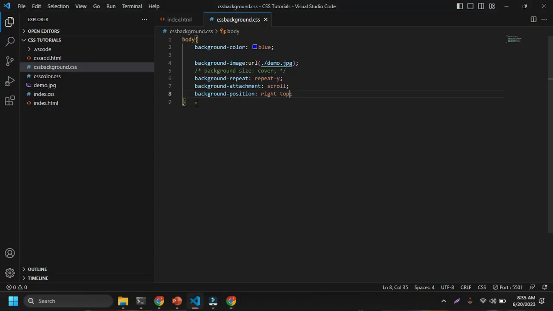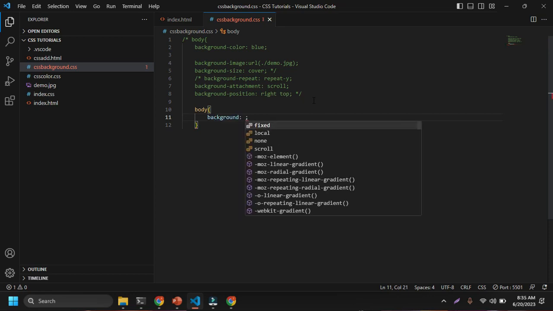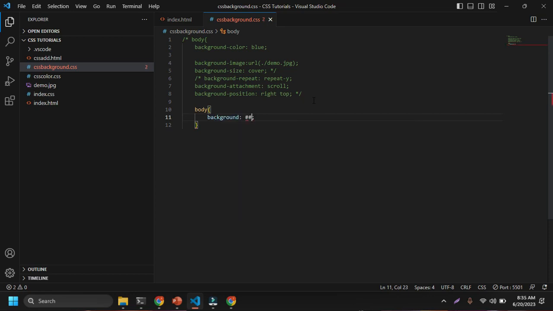If I want to do all these things at once, then I can comment out the previous code by pressing Ctrl+K+C. After this, I can use the body element and put only the background property. Inside the background property, I can set the color. If I want blue, then I can write